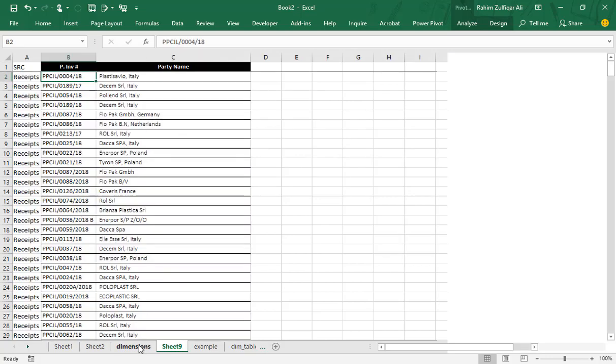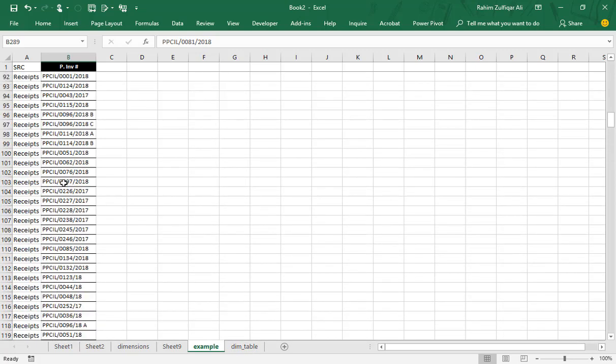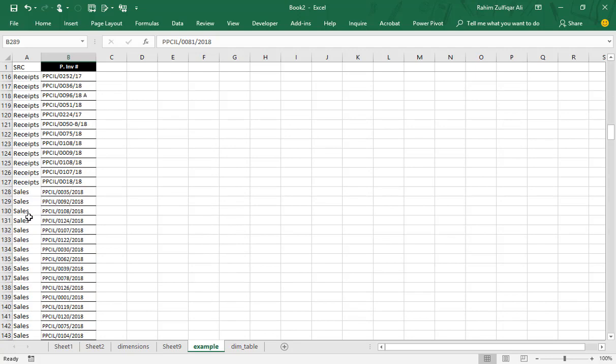One more thing: I have also removed the duplicates from this data when I compiled the invoice numbers from the sales sheet and the receipts sheet, because if I don't do that, the problem will not get resolved. I have to make it unique. I have combined the invoice numbers from the receipts sheet and the sales sheet, but I need to remove duplicates, because it's possible that some invoices in the receipts source are also available on the sales side, right?